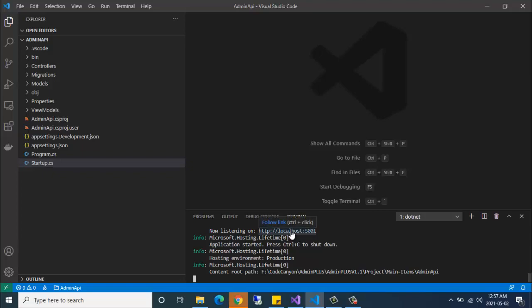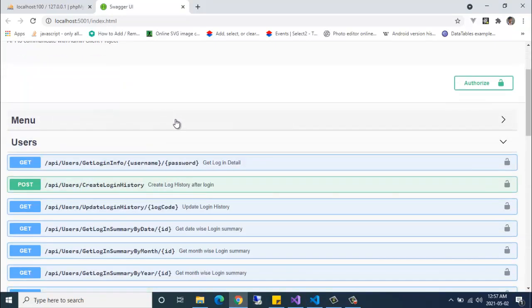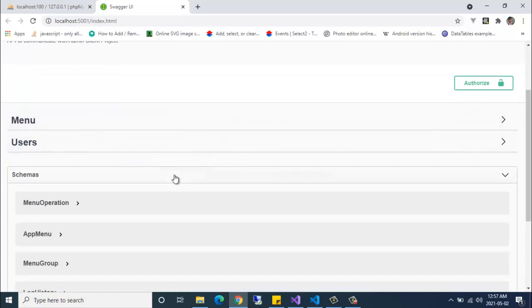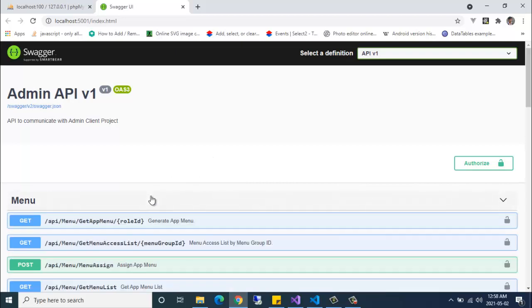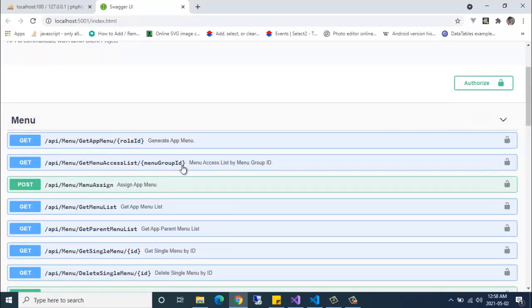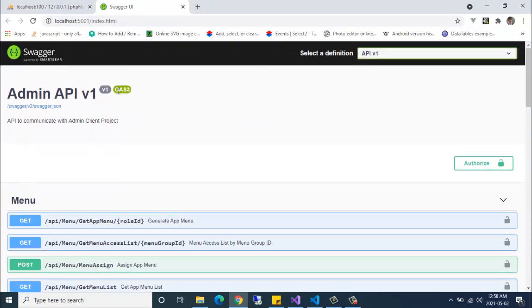If I navigate to this port, we will see the Swagger API documentation here. The API project is a separate project, and the admin project is also separate. So you may use the API project separately. If you want to test it, you can test it from this UI.